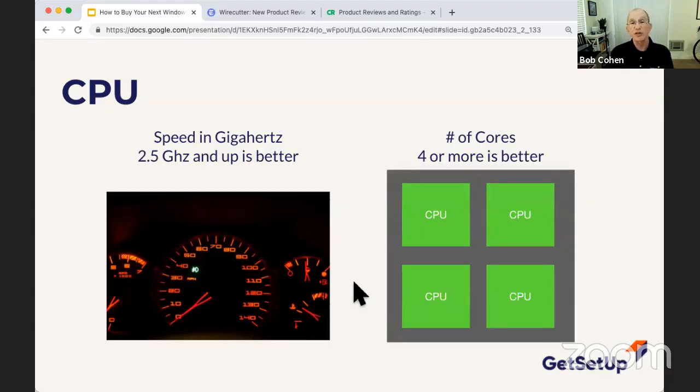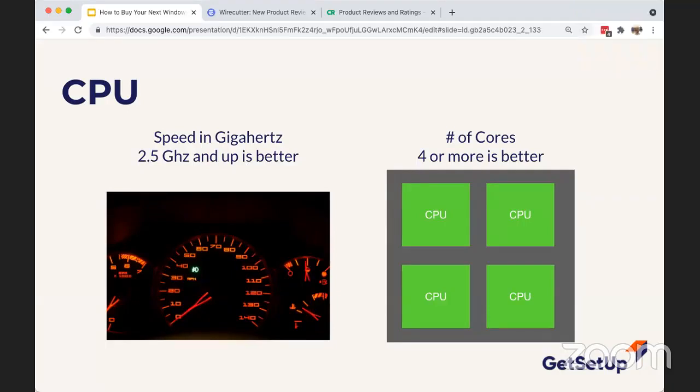The CPU is measured in gigahertz. That's how many calculations it does per second. Lenny, I'll get your question as soon as I finish with this slide. The number of cores is better. I think that's what you had a question about, Yvonne: if you have one core, you have one CPU on a single chip. If you have 4 cores, you've got 4 CPUs. If you have 8 cores, you've got 8. That's like having more pistons in your engine or more people pushing a bicycle. So your speed and your number of cores are going to determine performance. Okay, Lenny, go ahead.